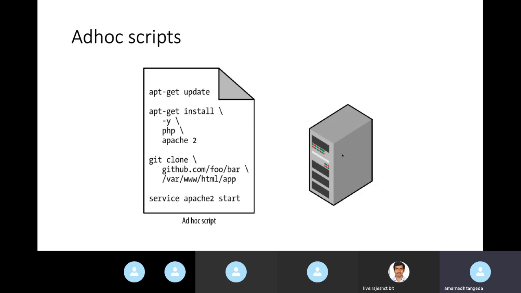Suppose I have a requirement to take all the log files from a particular date, so I can write a script for that date. I need a log file. That is an ad hoc one. That's not a regular task. Ad hoc scripts can be written using programming languages like Shell, Python, Ruby, whatever the operating system supports. I have given a simple example of an ad hoc script here. My script simply installs and starts the Apache service.